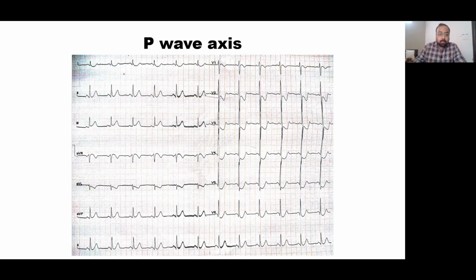But if we have to focus on the P wave, particularly here, you can see that the P wave is positive in lead 1, lead 2, lead 3, and is negative in AVR. Also, you can see that there is a normal PR interval, that is 120 to 200 milliseconds, which accounts to around 3 to 5 small squares. Hence, this is a sinus P wave, and the patient is in normal sinus rhythm.